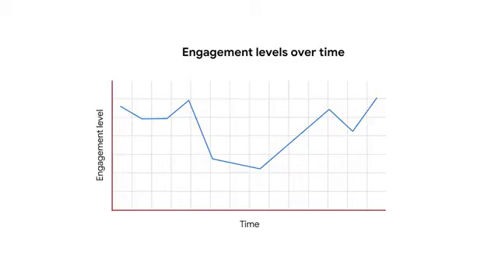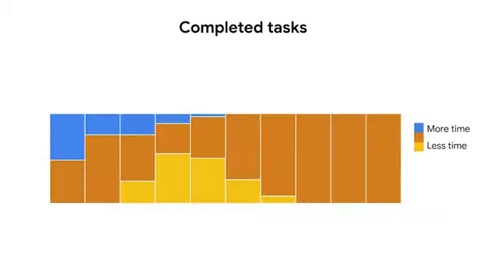If you were to design a data visualization of what you've learned in this program, what might it look like? Would you plot your engagement level over time on a line graph? Or would you create a heat map showing the tasks you completed with different colors representing the tasks that took the least and most time? No matter what visualization you choose, you've learned the skills you need to create an effective graphic or visualization that an audience can understand.